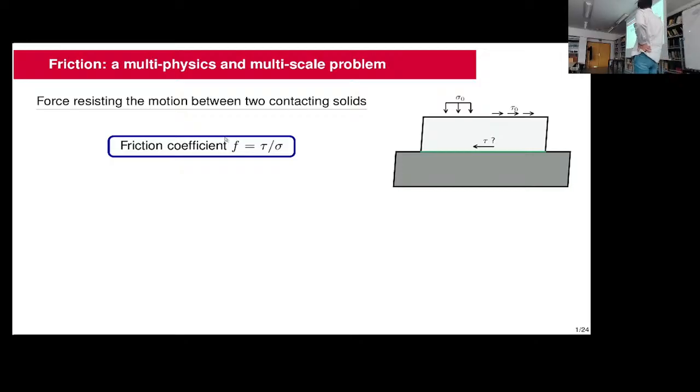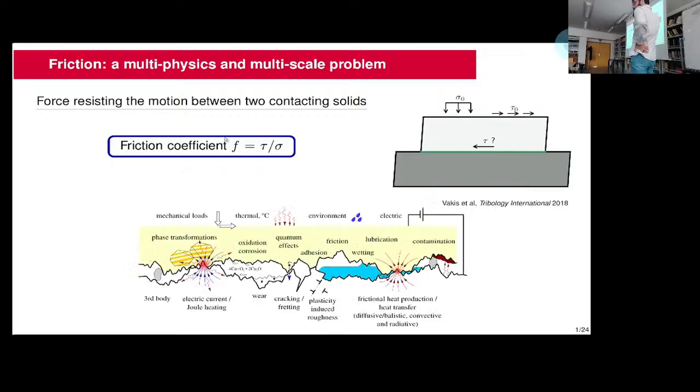materials. But if you look at what happens at the interface between these two solids, where friction is developing, it's a really complicated physics problem. It's multi-physics because you have effects of mechanical loads, you have temperature, you have chemistry, you can have electronics, and it's also multi-scale because surfaces of your bodies are always rough, and so the contact between your bodies only occurs at some micro contacts, and the roughness develops over several scales. So in this presentation, I will only focus on the effect of mechanical loads and roughness, but it's already quite